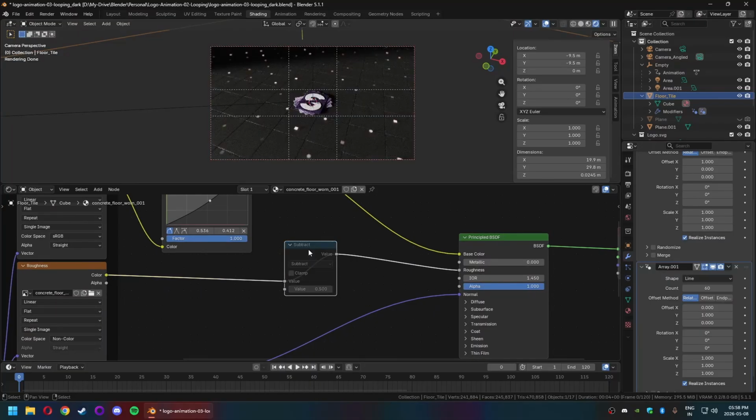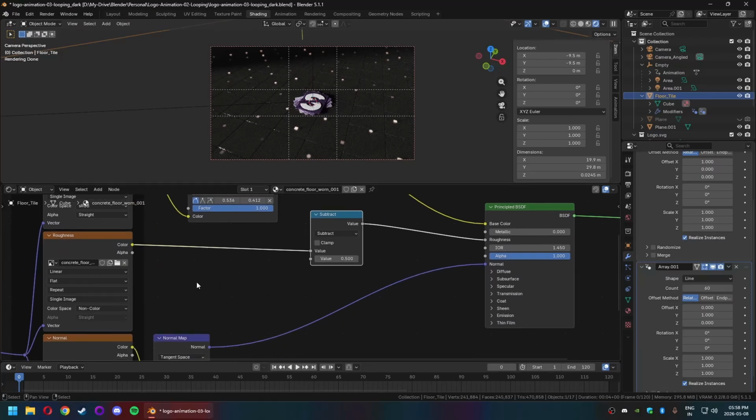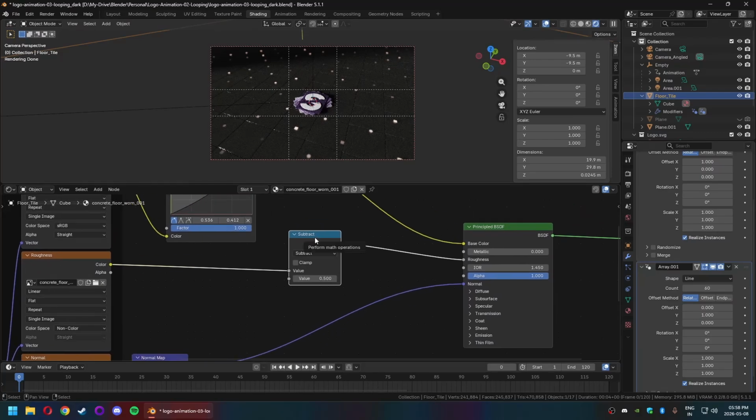which you don't really notice much unless you look at these highlights here. What this is doing is that it is subtracting a value from the roughness map, and you can do this many different ways. I chose to subtract the value. What this basically does is that it reduces the roughness and it makes it more reflective. And I think I changed this a little bit. I don't think I changed this very much from the other file that I imported this from. But basically,